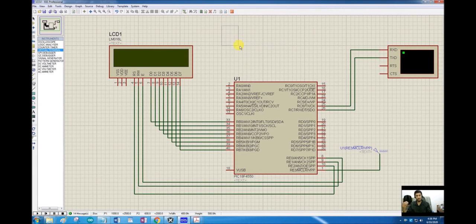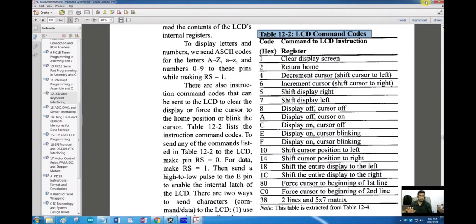So this is a dot matrix display, and any type of character can be displayed by using different combinations of these dots. But we don't have to select manually which dot has to be turned on and which dot has to be turned off to display anything. We will just configure it once by sending these commands, and it will automatically set the matrix size.